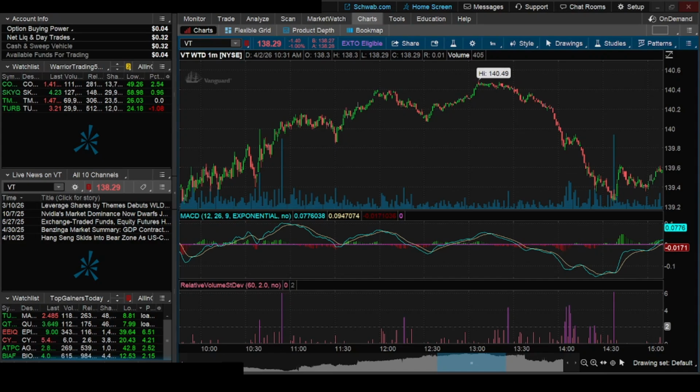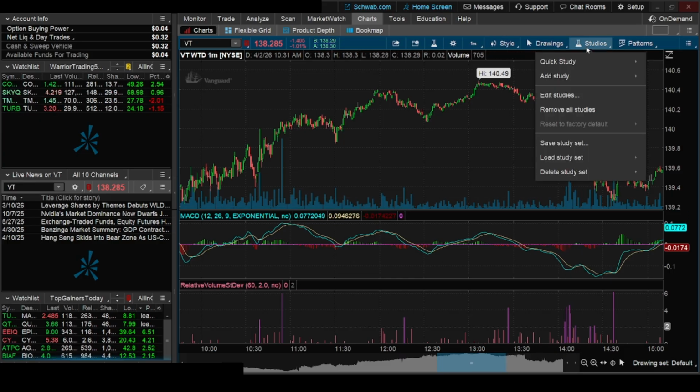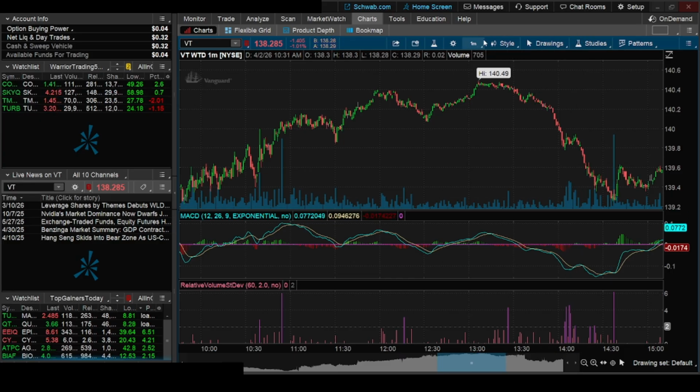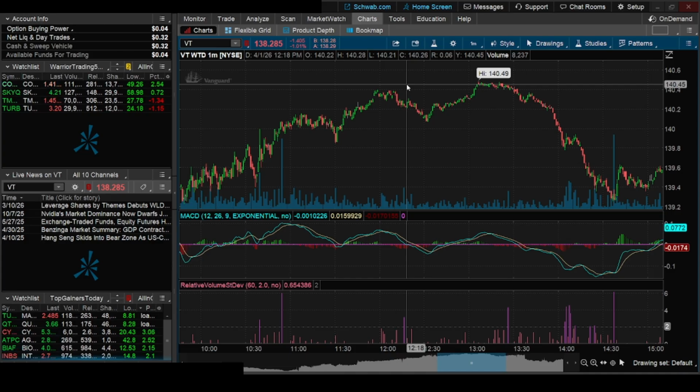Welcome to this tutorial on how to see the Relative Strength Index, or RSI, on Thinkorswim. Today, I will guide you through the simple steps to access this important technical indicator so you can enhance your trading strategy. First, open the Thinkorswim platform and navigate to the chart of the stock or asset you are interested